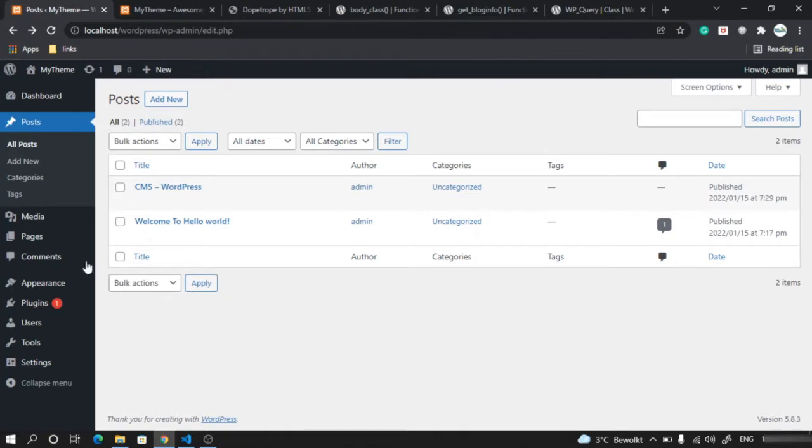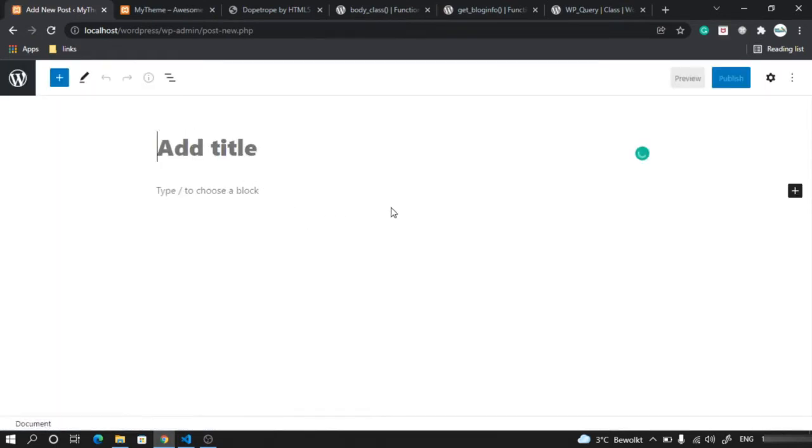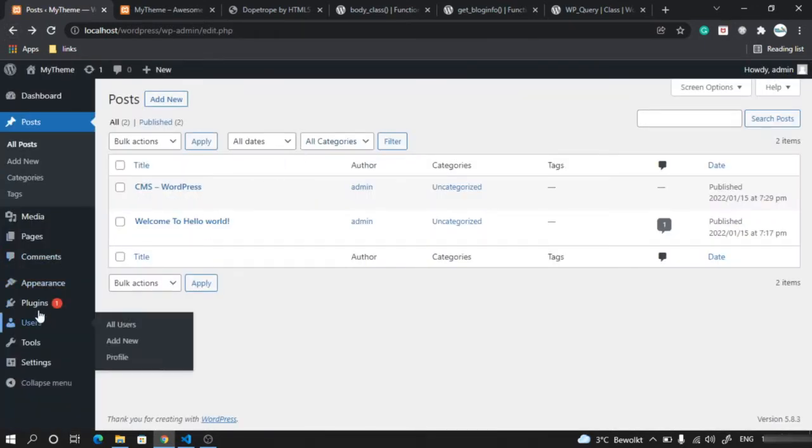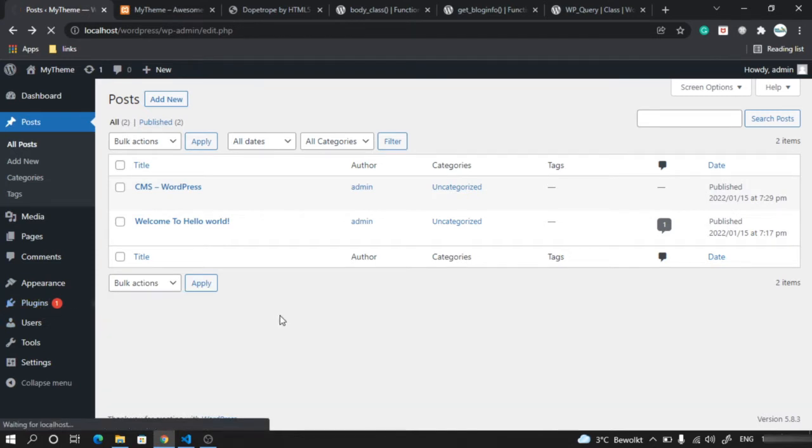Welcome back. Now let's go ahead and create some posts. So let me click on add post and I get this kind of layout which I don't like. So what I will do is I'm going to install a plugin so that I can browse through,